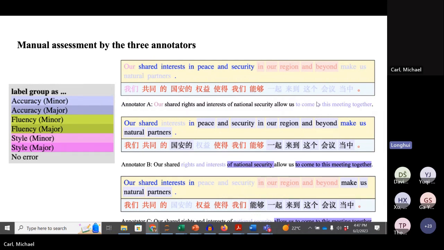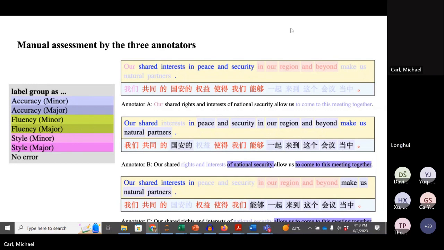So the translator translated "Make Us Natural Partners" into "to come to this meeting together." And annotator A thinks this is what? This is a minor accuracy error. This is the decision by annotator A. And for the same source text and target text, we can even see from the color